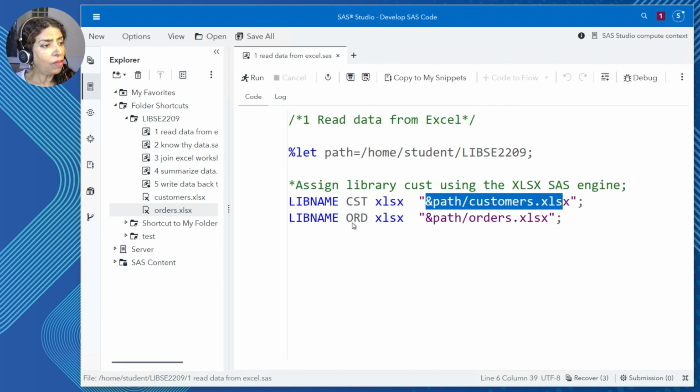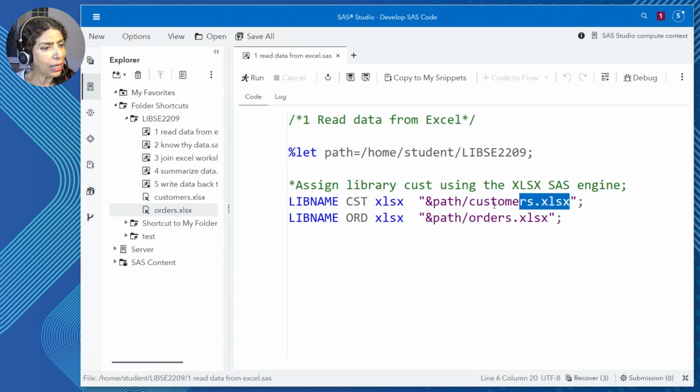So in terms of technicalities, a libname statement is pretty straightforward. Give me the library reference. CST is what I've called it. Give me the engine. I'll use the XLSX engine. And then give me the location. Now here is something unusual. Mostly when we assign a library to a bunch of SAS datasets, I'll stop with the folder location.